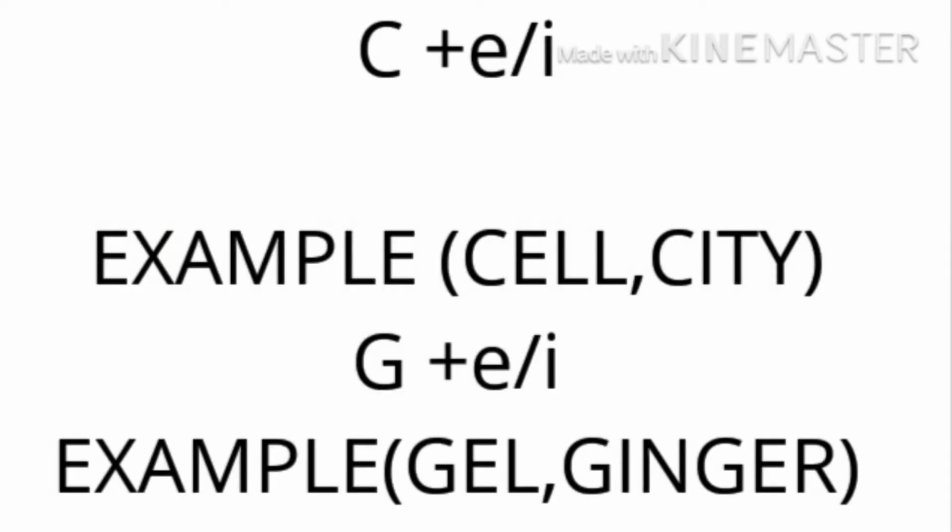And when we make a word with C plus E or I, it becomes soft C. And the same applies to G. When we make a word using G with E and I, it becomes a soft sound, soft C, soft G. So this is the rule regarding C and G. These have a soft sound and a hard sound. Apart from that, there are other consonants, and I'll be telling you about all the phonic sounds of each and every alphabet.